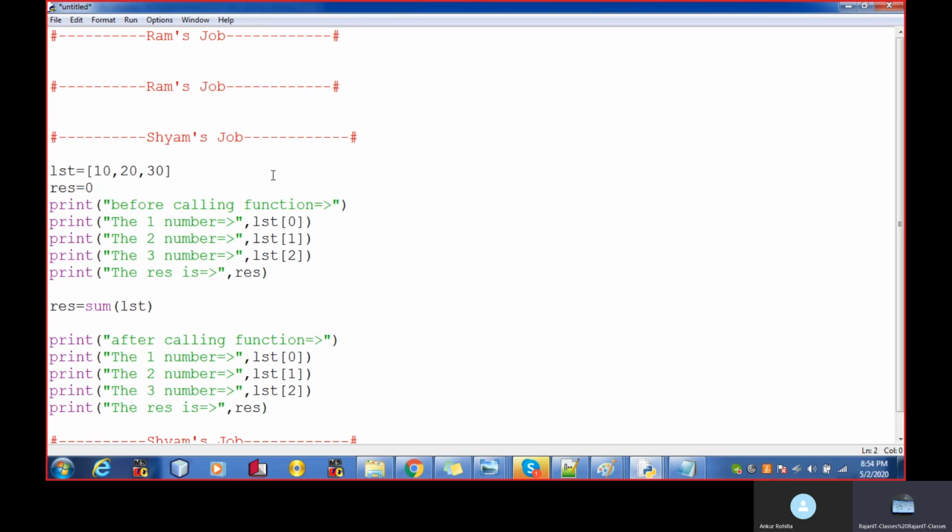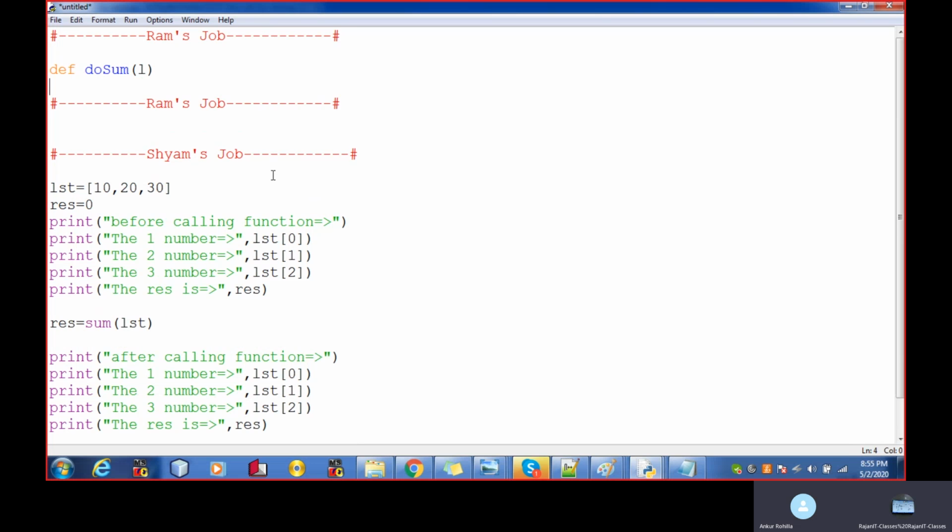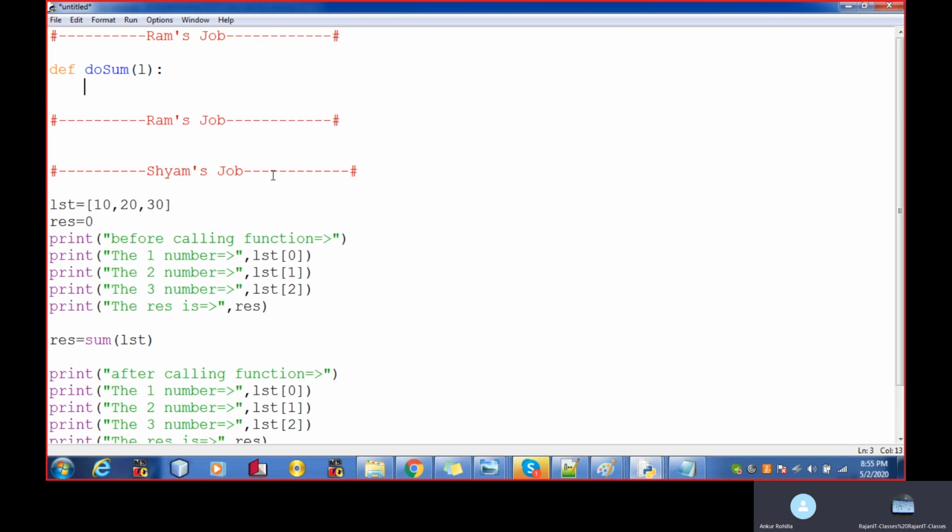Let's jump inside the def to confirm the passing of the L value. Whatever is in the LST is copied in the L. Now the function is going to perform some task.